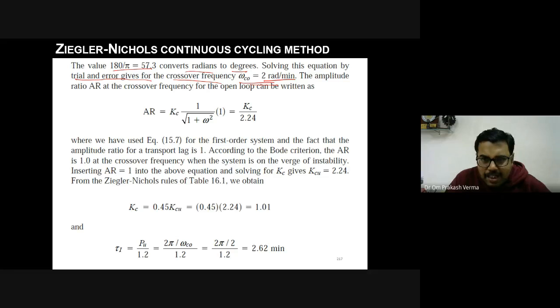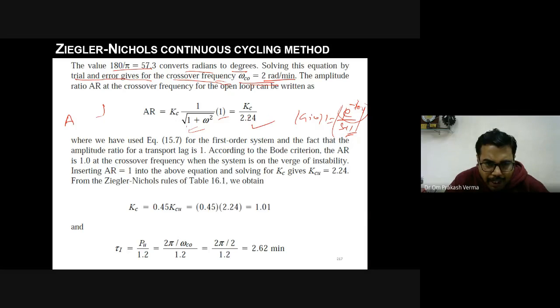So at this crossover frequency you have to calculate again the value of gain A. How is A calculated? G(j omega) is equal to the magnitude of e to the power minus 1.02 s upon s plus 1. इसका magnitude आप calculate कर लीजिए। So this is j omega plus 1, so you can write this, and the magnitude of e to the power minus j omega is 1, so you can calculate this. ठीक है, A आ गया।